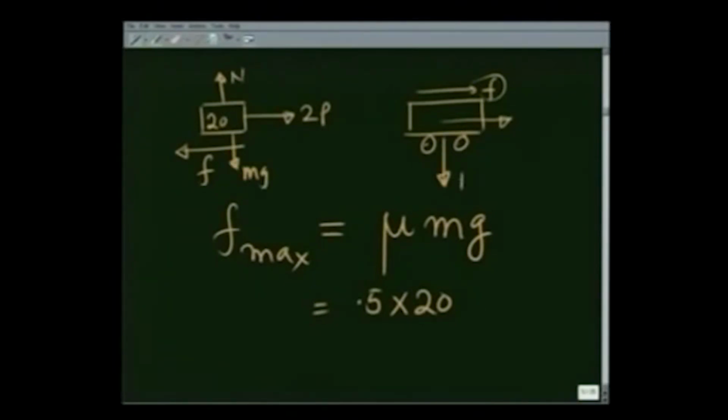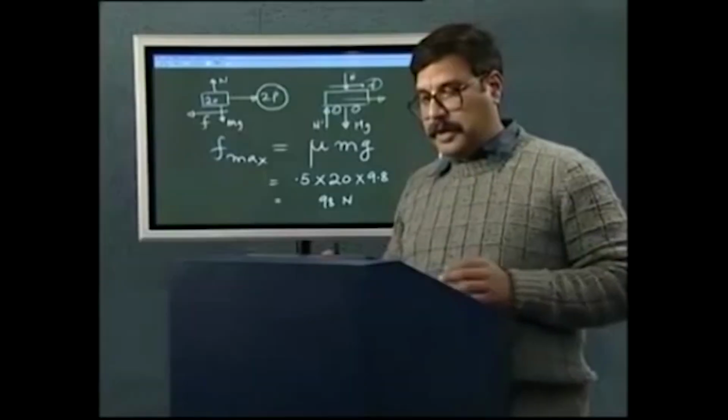On free body diagram I should also show these forces here, mg, n prime, and there is an n here, alright, times 9.8, and that comes out to be 98 newtons. And therefore, if 2p happens to be greater than 98 newtons, this fellow would accelerate in this direction,